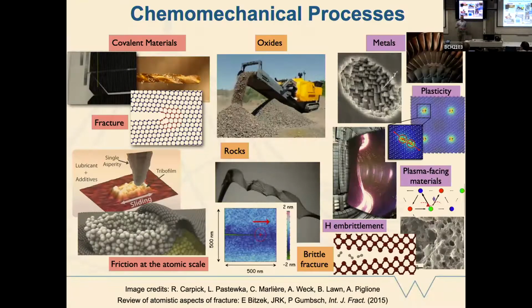By way of motivation, the kinds of systems that we're interested in modeling in my group are those that combine chemistry and mechanics, chemical mechanical problems. Things like fracture, friction. So typically we need quantum mechanical accuracy to describe bond breaking, but we can't afford to model our whole system quantum mechanically. So in the past, I've used QM/MM methods to provide a localized description of bond breaking in fracture, embedded in a classical description. That helps a lot with dealing with large systems, but doesn't help you to address all time